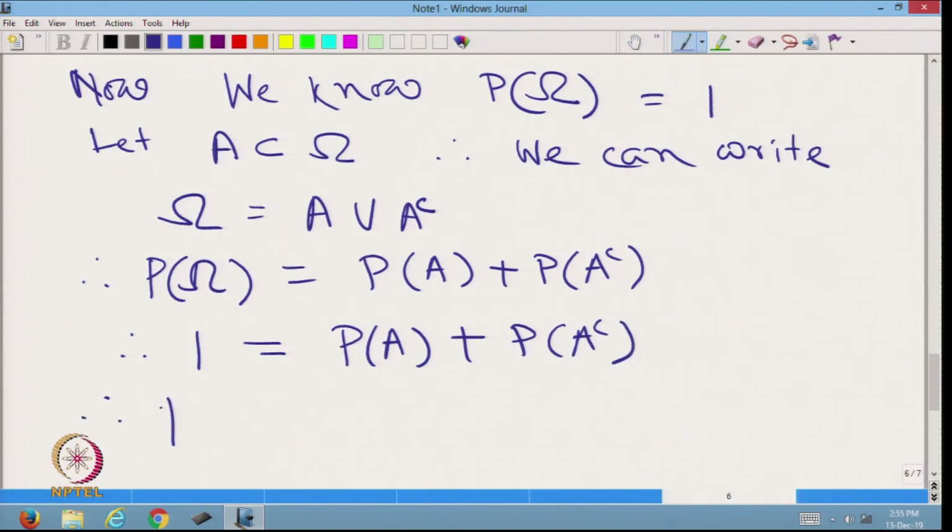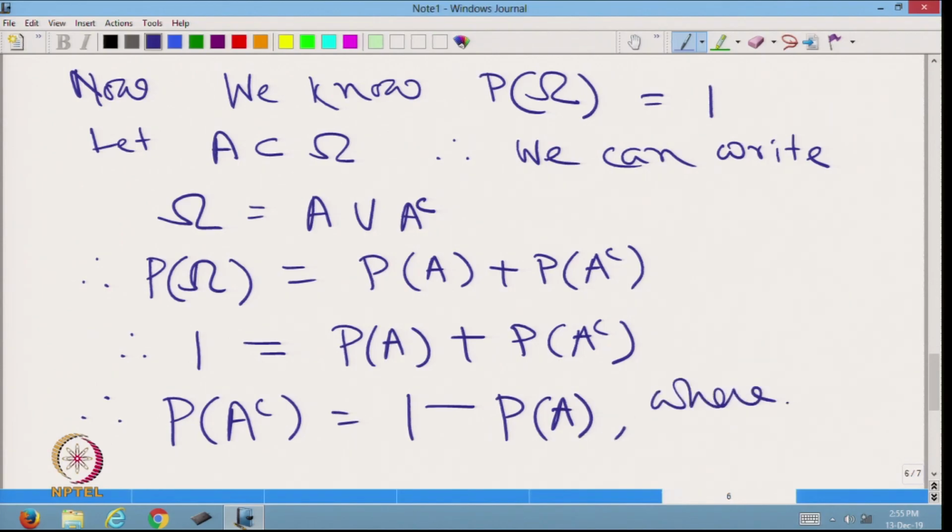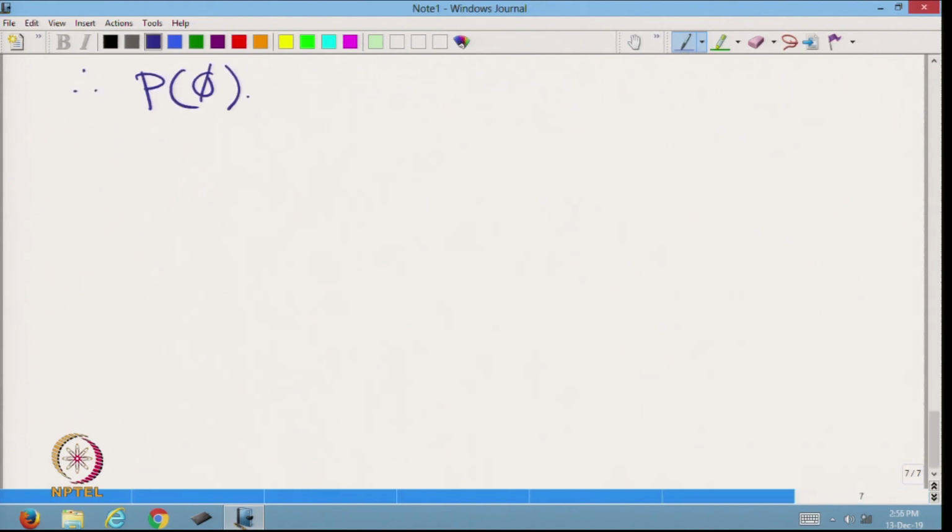Therefore, probability of A complement is equal to 1 minus probability of A, where A is contained in omega. So, this allows us to say probability of phi is equal to 0,